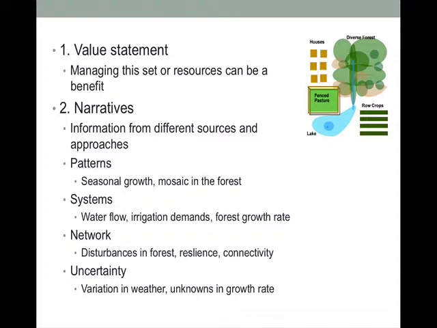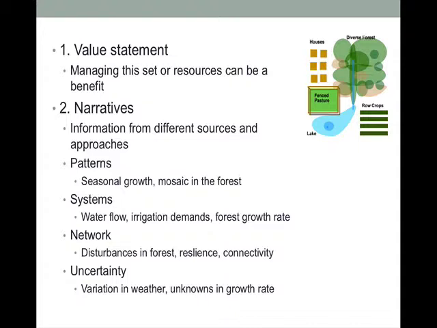The network approach is a little bit more holistic in the way we use it. There might be disturbances in the forest, maintaining a mosaic in the forest, or these intermediate disturbances, and those could be natural or they could be managed by the community, such as cutting down a little piece of the forest and letting it grow back. There's the resilience, which is the ability of this overall system, including the people acting on this landscape, to be able to survive different levels of disturbance.